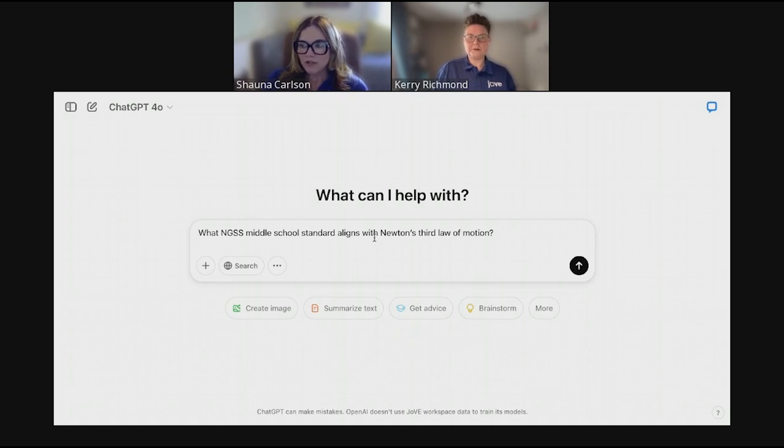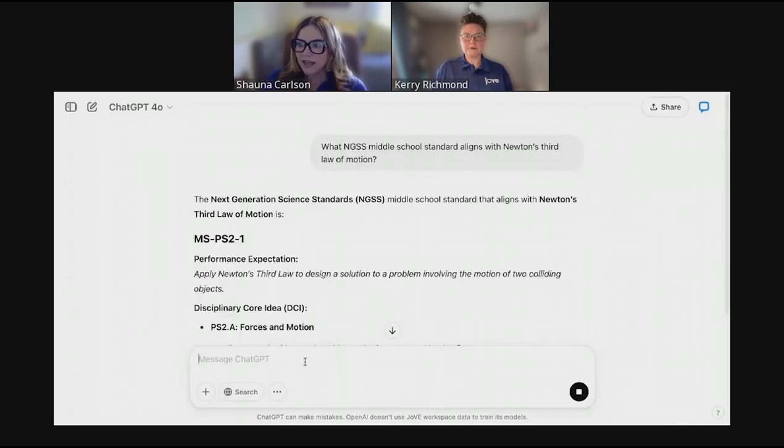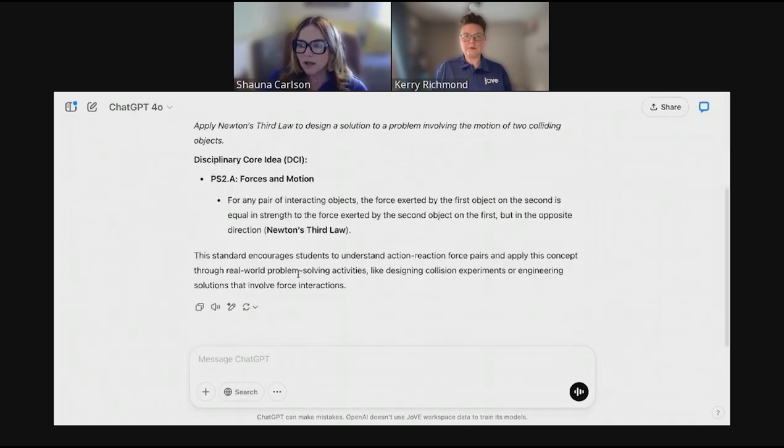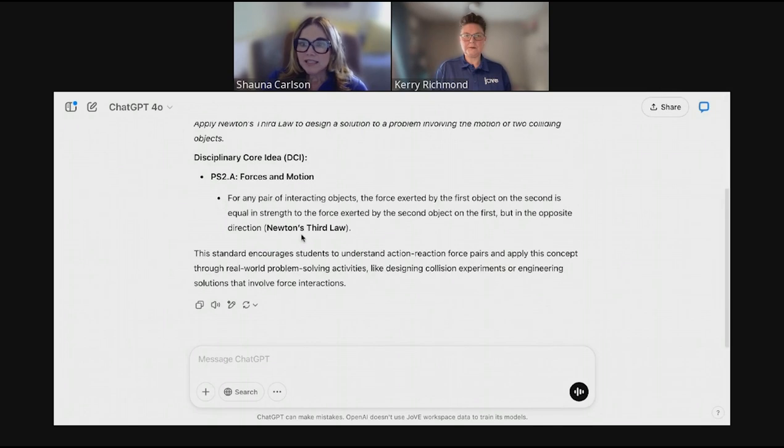We'll hit enter and get several responses here. All right. And then it'll go into some more detail as well. Great. The next thing that I want to do is include some more context in my prompt engineering. So now I know how I want to align it. I want to include